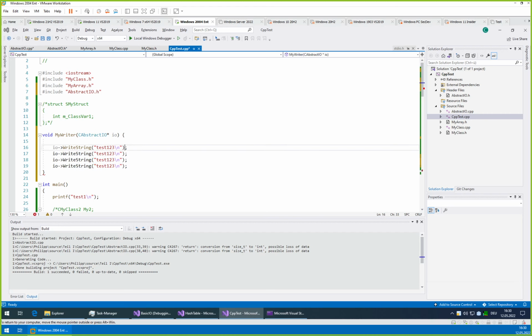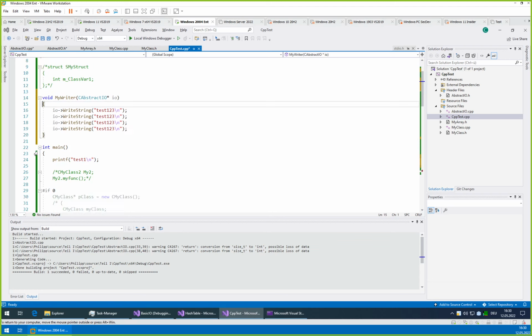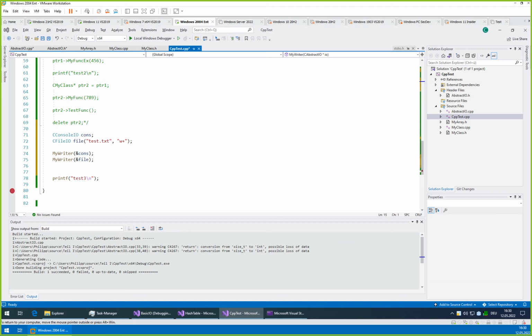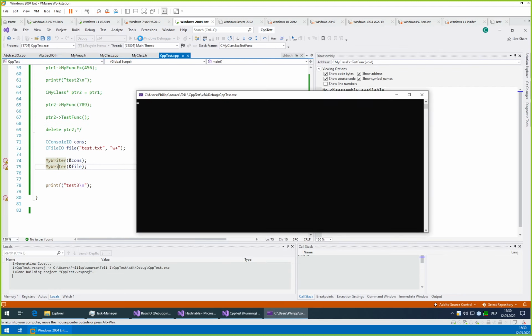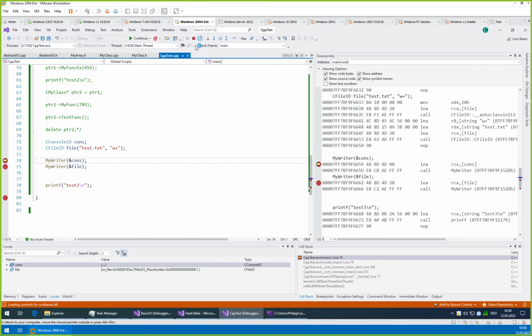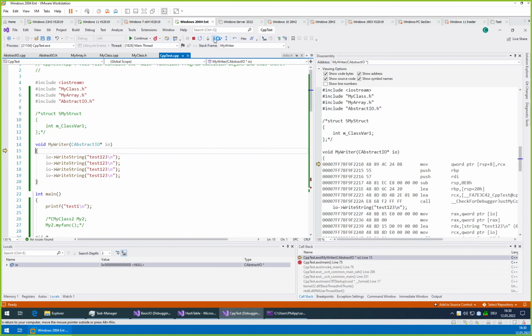Yeah, why not? And depending on which object we gave to it, let's just step through this really step by step. We will first end up in our abstract class, then we'll end up in one of the specializations. So here we go in, we are in the writer, so we are still in our initial code.